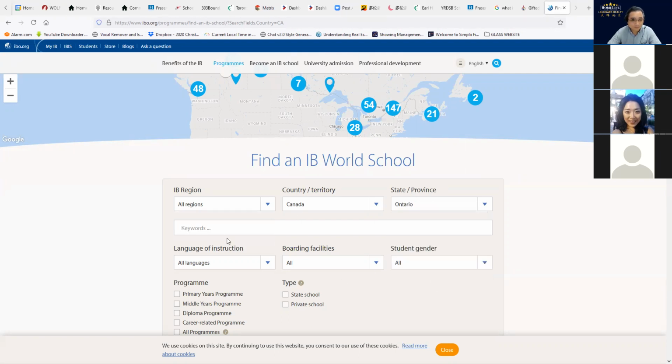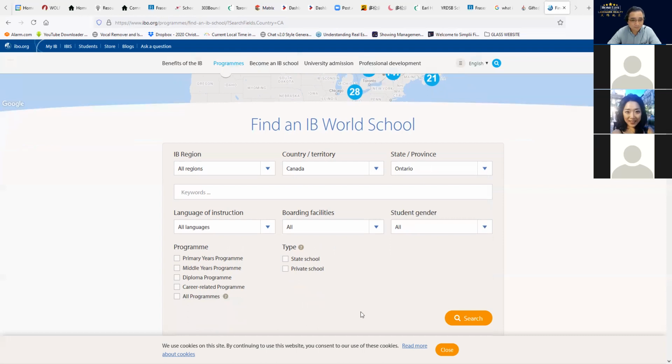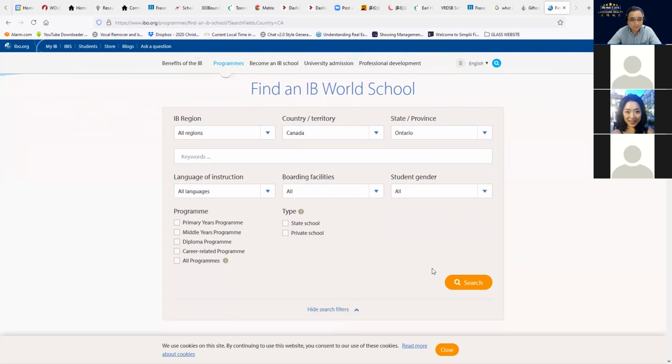Then you can leave the keyword blank, because some schools have a full PYP, which is elementary, MYP, middle school, and the senior grade 11 and 12 IB. But if you leave it blank, that will be fine. And then you can choose, depending on your client's children's age, maybe they are looking for the primary level, middle level, or diploma. So it is different.